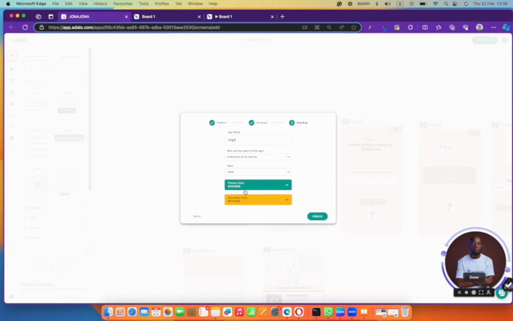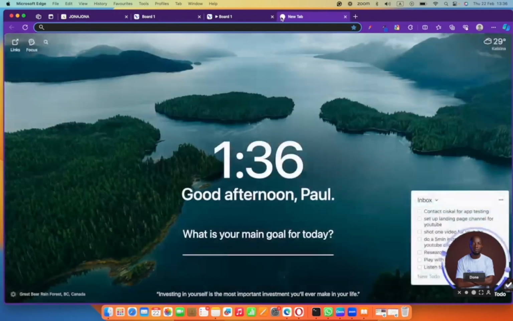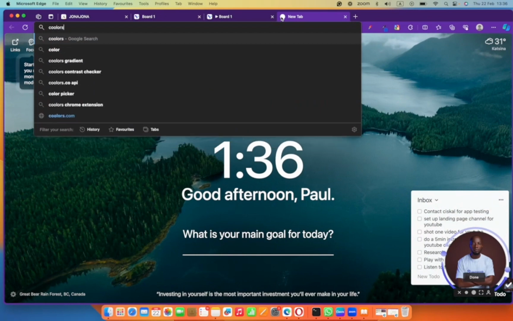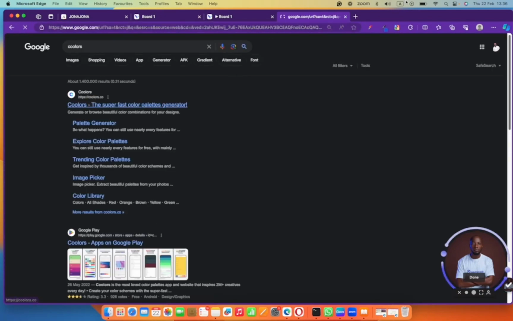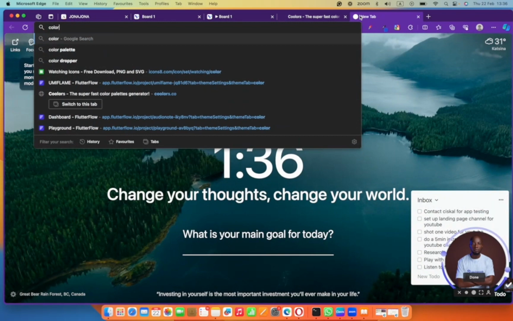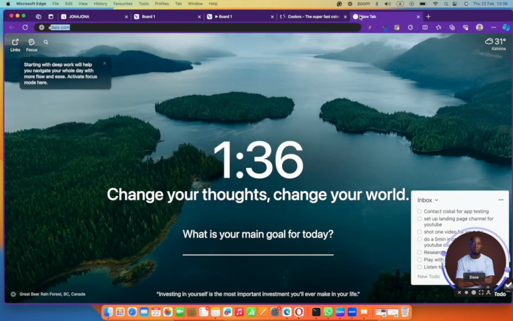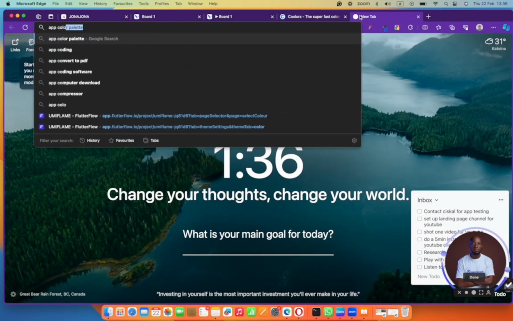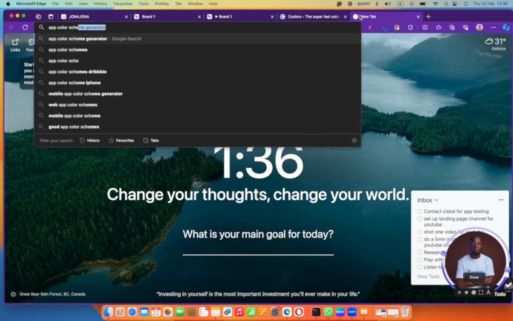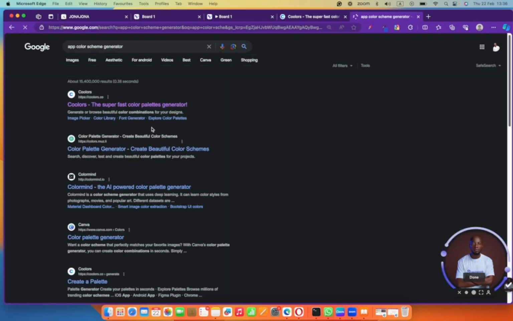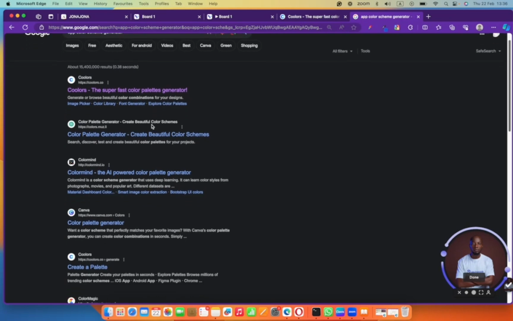Color is something that a lot of us struggle with, right? But you don't really have to struggle with it. If you go to coolors.com, or you can just say color, you can say app color scheme generator, right? If you say app color scheme generator, you're going to see a whole lot of